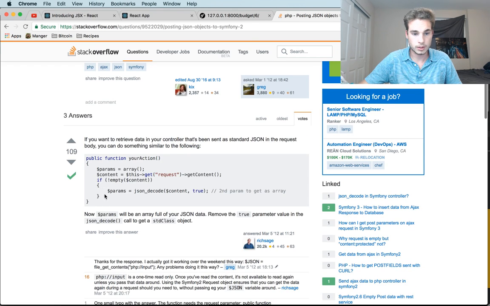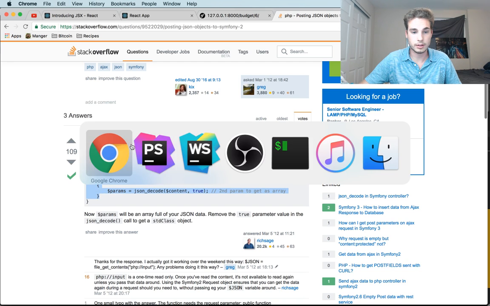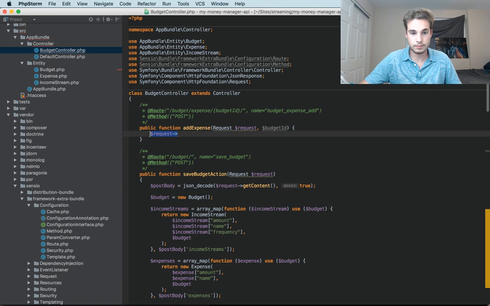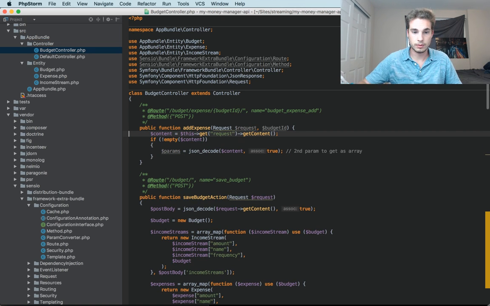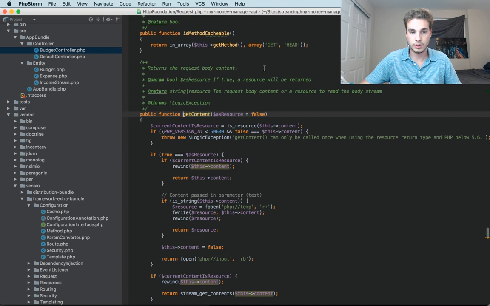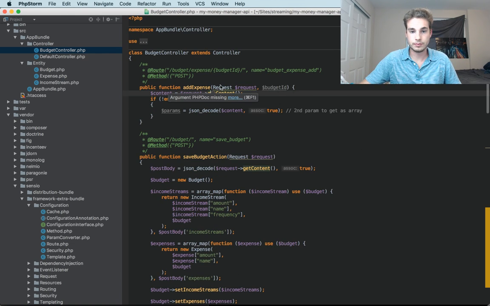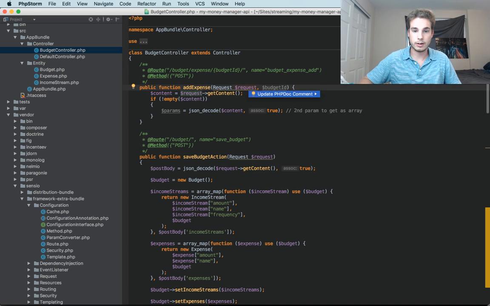Okay, so it looks like this is how we're going to get the body as a JSON or as an associative array. So let's go ahead and copy this. Don't know what that's doing there. So content, this get request. Really? Is that the way to do it? No. Surely, yeah. Okay. So we have our request here,